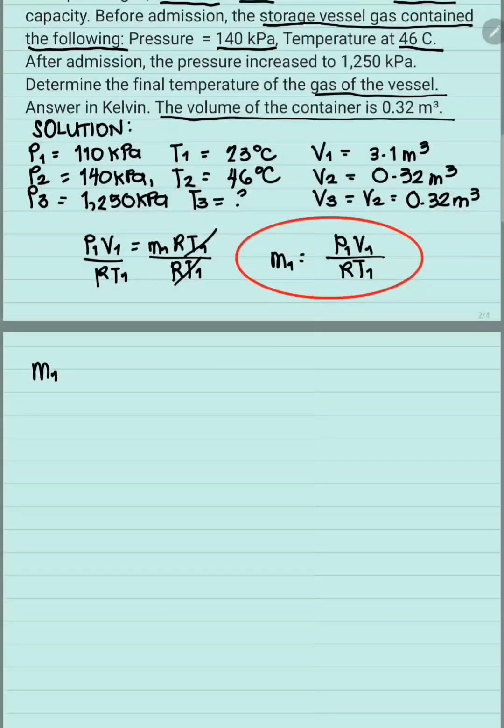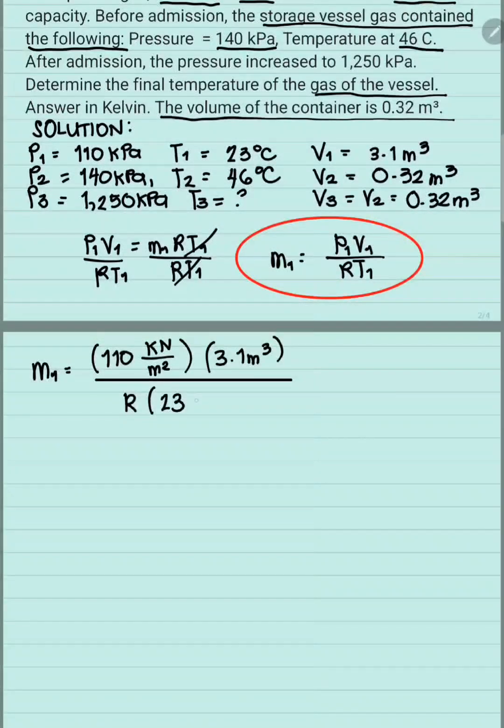So we have M1 is equal to 110 kilopascal or kilonewton over square meter. We also have the volume, which is 3.1 cubic meters all over R, and 23 plus 273. We added 273, so it will be absolute temperature. And we can cancel cubic meters, and we will get